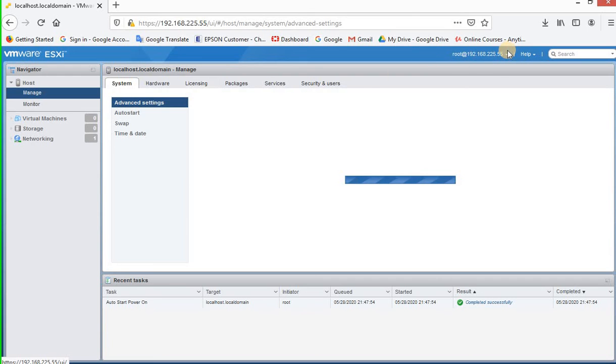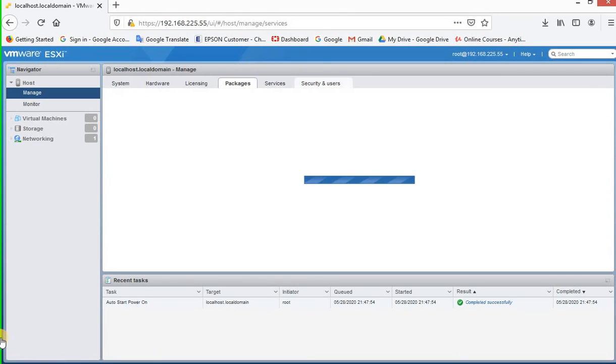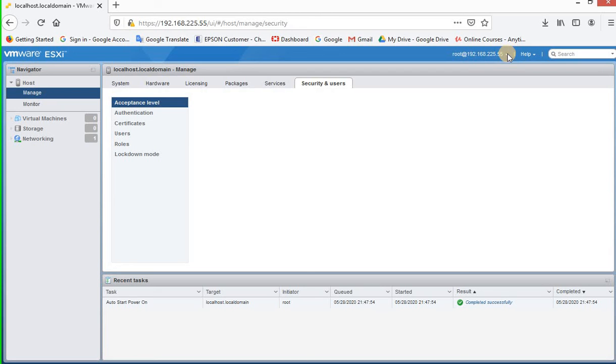At present I am logged in with the root account, which is the main account of this ESXi. Virtual machines, storage, networking. These are system settings: autostart, swap, time and date, hardware, licensing, packages, services, security and users. We will come into these sections later in some other video. Thank you.